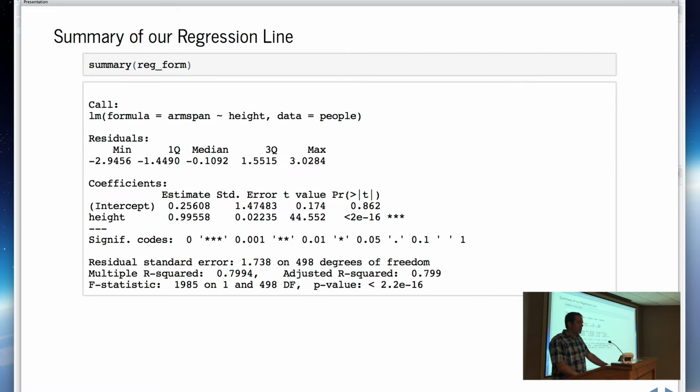So I can look at a general summary of the model, and that'll give me some information about how important the intercept is and how important the height is. Obviously I have one feature here, so it's pretty important, and it directly correlates. Not surprisingly, that has a high correlation. You're getting t-values and p-values in terms of association.